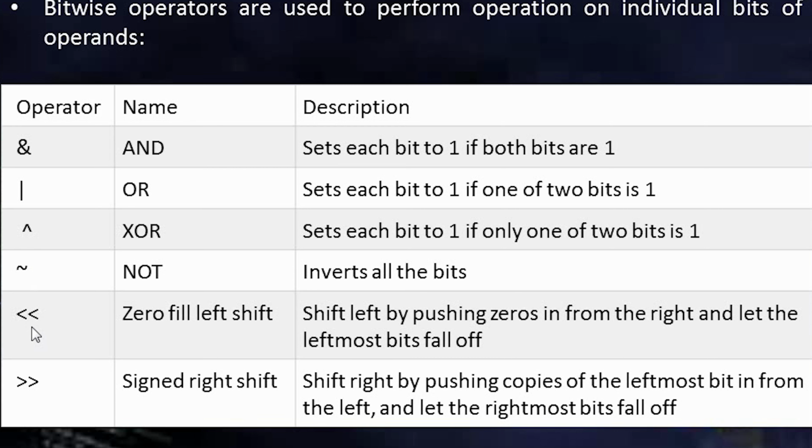Then this is the left shift operator. Whenever you are shifting the bits of the first operand, those bits will be shifted towards the left side second operand times. But what will be coming at the least significant bit? Always 0. Therefore, it is called zero fill left shift. So what it is doing? Shifting bits of the first operand left side second operand times. And what will be coming in the LSB? 0.